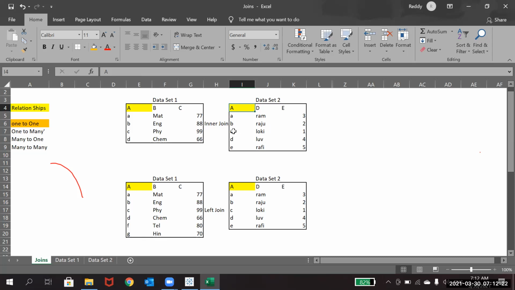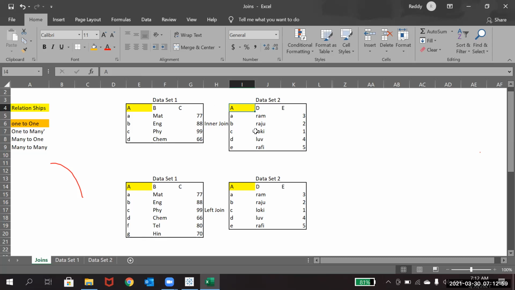And also the result, how it will be like. You have this column and you have this column, and along with this, when you are showing the result, you are considering only one to one, and using this and this, you're taking the information of only one column from data set 2. So using one particular relationship, you are getting the information from data set 2 or data set 1.